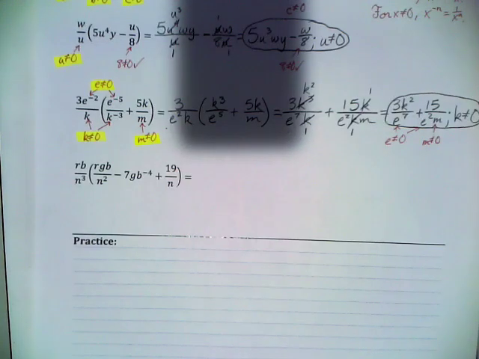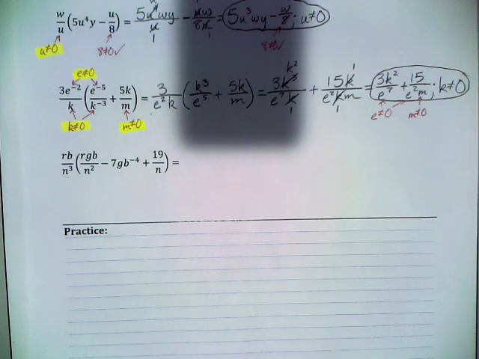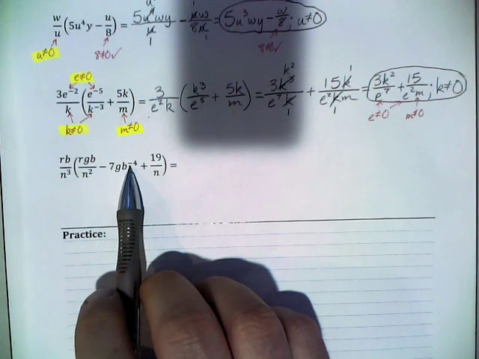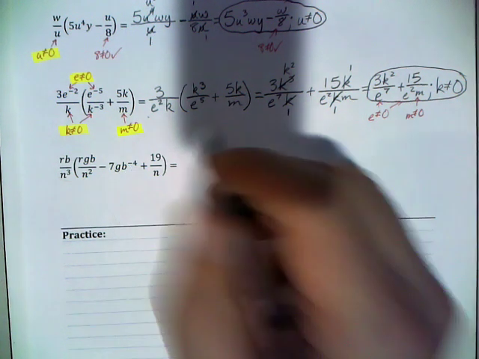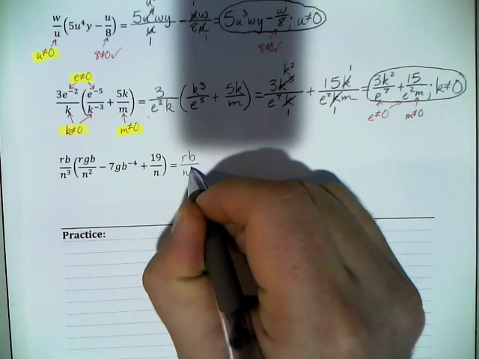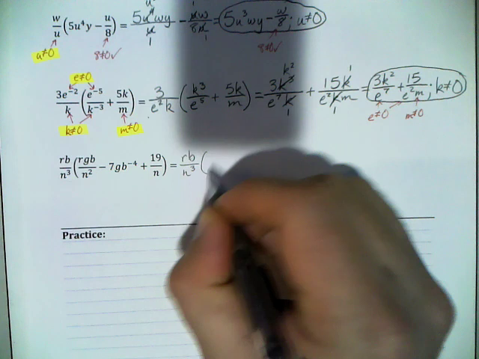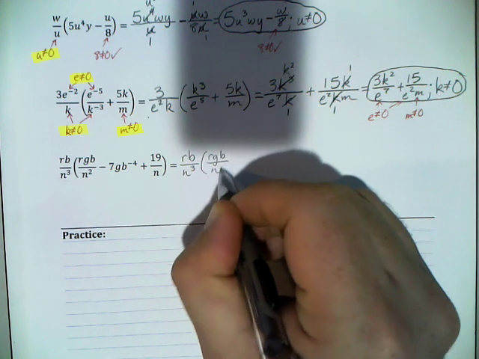And then finally, the last example here. So for our last example, we have just a single negative exponent there. So again, that would be the first thing that I would go ahead and start with, is that negative exponent. And so we have RBN cubed times RBG over n squared